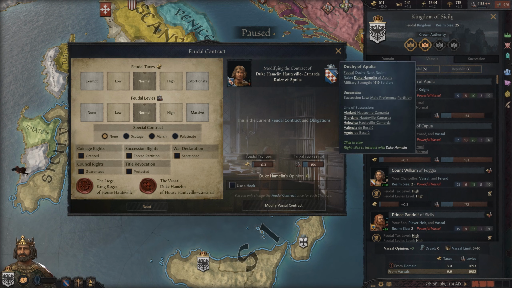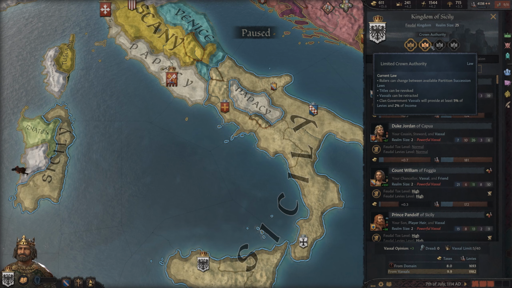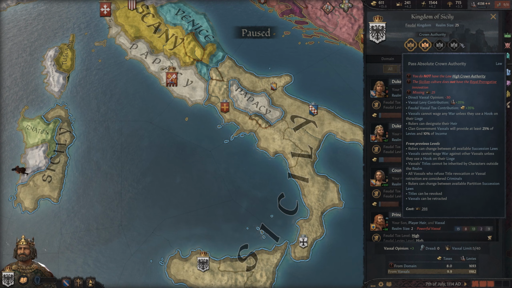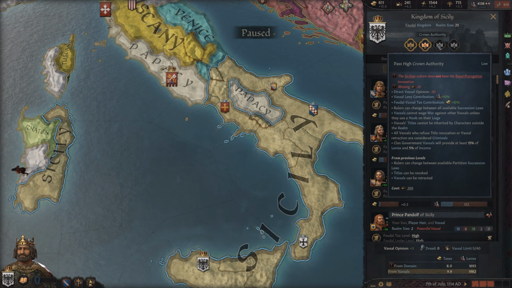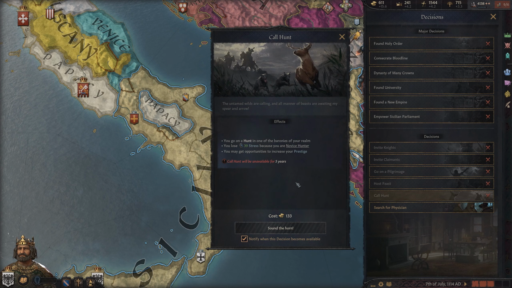Now, depending upon your situation, maybe you're in a real tumultuous one and you just need to knock down your crown authority. Crown authority will also really help you out with your vassal's opinion of you, depending upon where it's at. So if I'm at crown authority 4, absolute, direct vassal opinion is -30. So I can knock this down to 3 if I absolutely need to, and it'll give me 20 more vassal opinion to kind of work with and move around with. You also can do the obvious one of hosting a feast or calling a hunt. Although calling a hunt will give you personal prestige, there can be certain events and situations that will grant opinion to other vassals that might be joining you in that hunt.